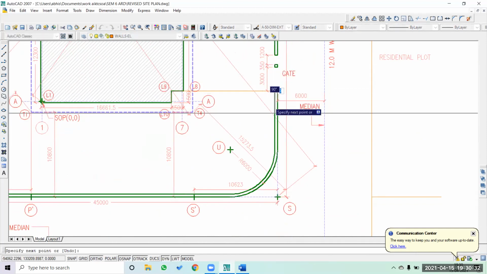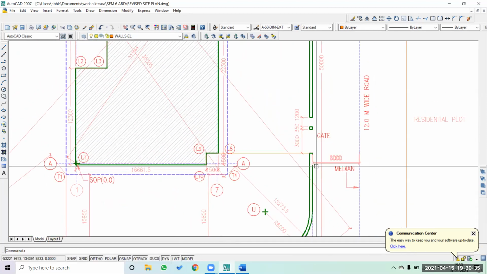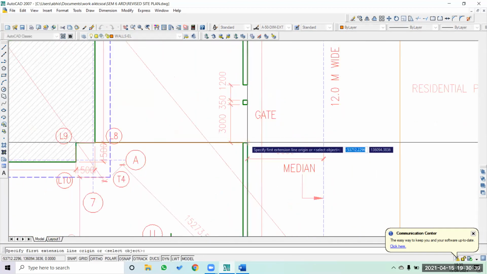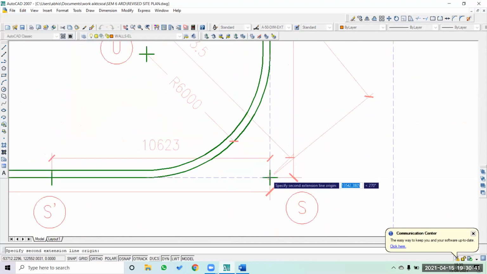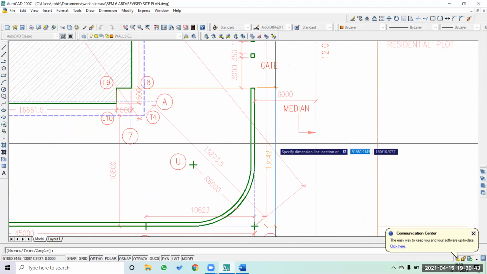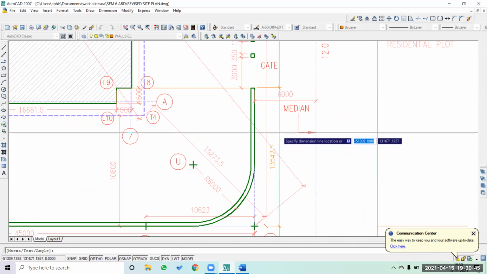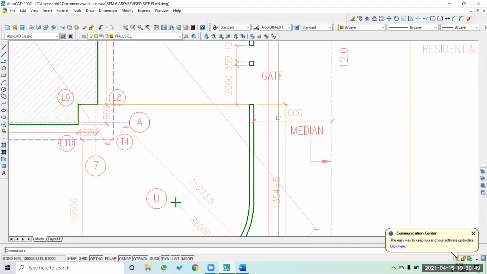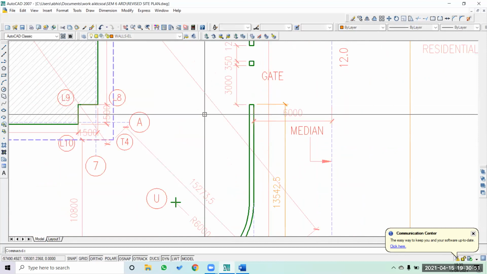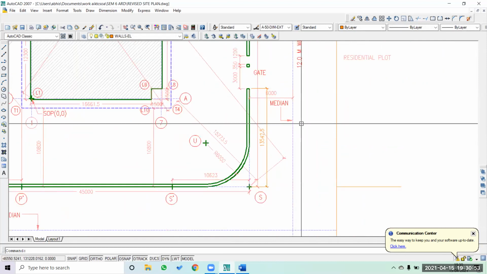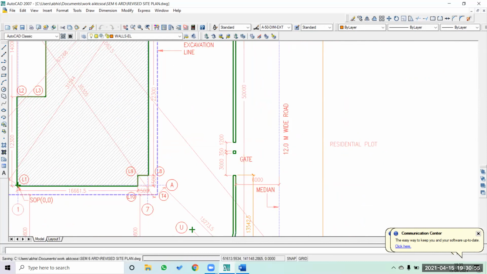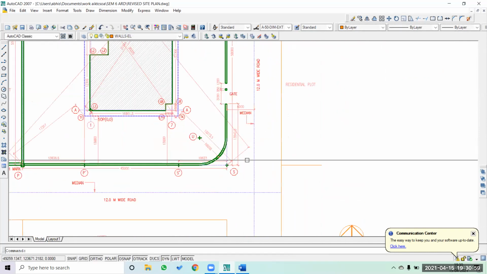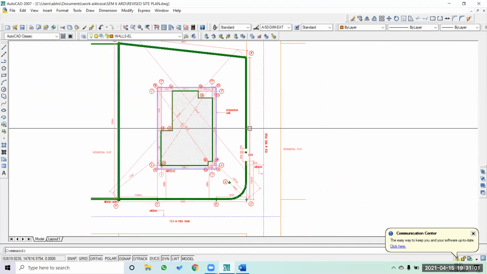You have to give a reference that it's a 90-degree. Okay, and you have to also give the information on how far it is from the point which is S. So that information is also given here, how far it is. Make sure that the match property is applied. So it's finished like that.